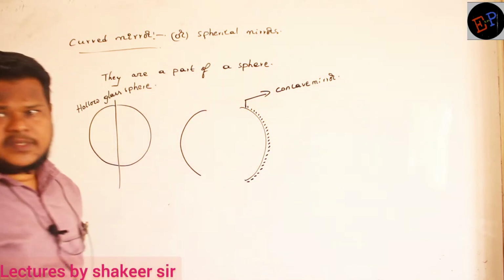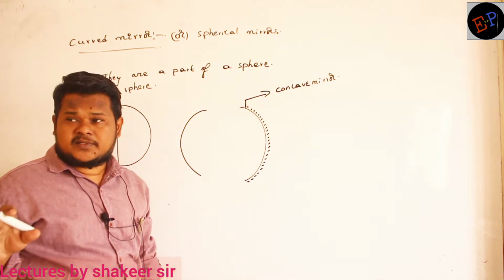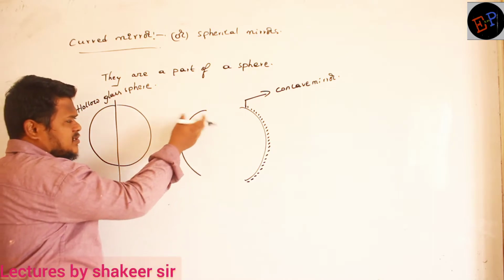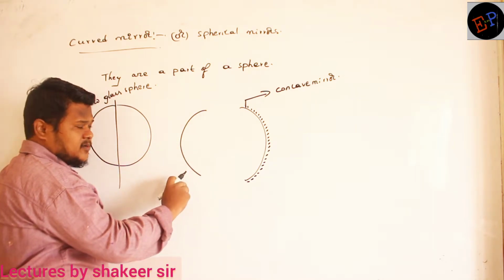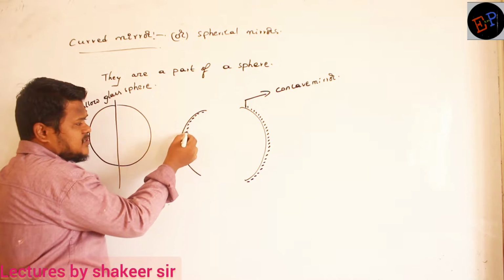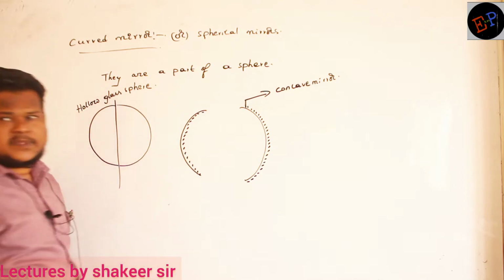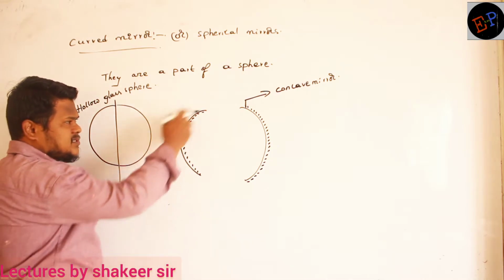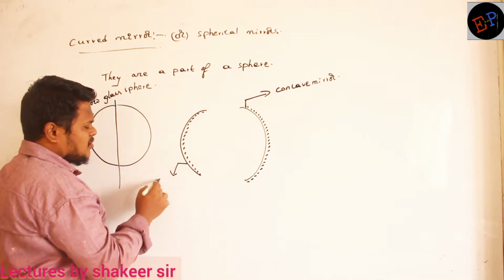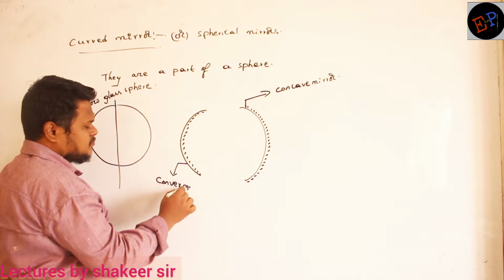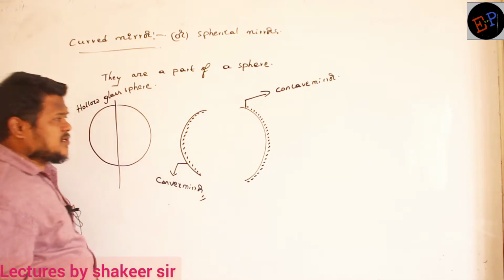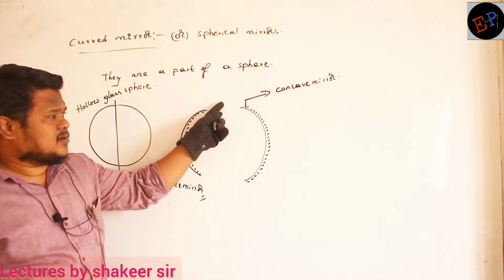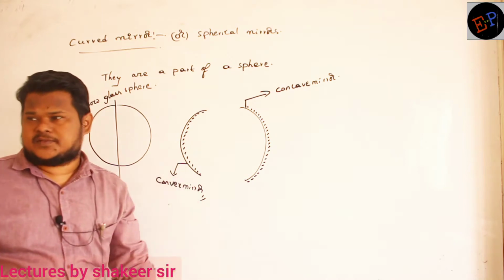Are you able to understand now? So which surface is behaving like a reflecting surface? Inside surface. Now you take the second part of the mirror. If you paint it on the inside, then the outside surface is behaving like a reflecting surface. Therefore this kind of mirror you can call a convex mirror. So these are the two types of curved mirrors which we have in ray optics. One is a concave mirror, the second one is a convex mirror.